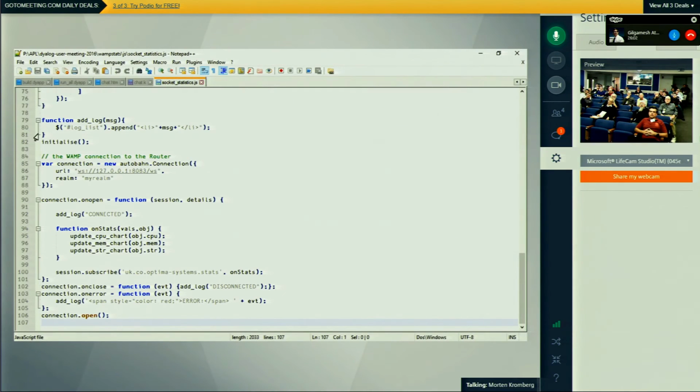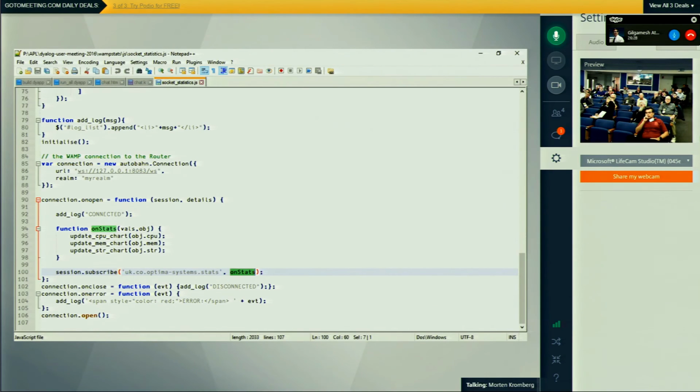This is the bit of interest here at the bottom. We've got a connection to the router and a callback defined which, when it opens a connection to the router, subscribes to this topic and attaches a callback that updates the charts on screen.